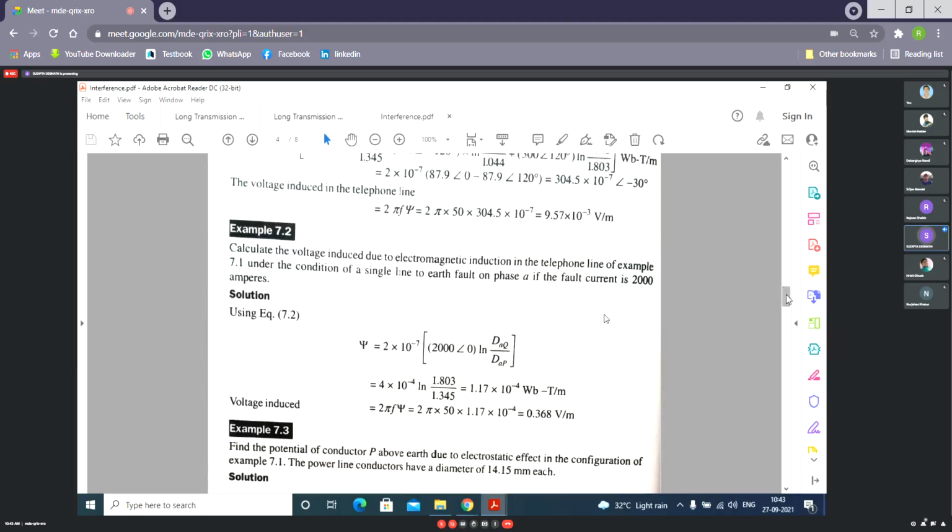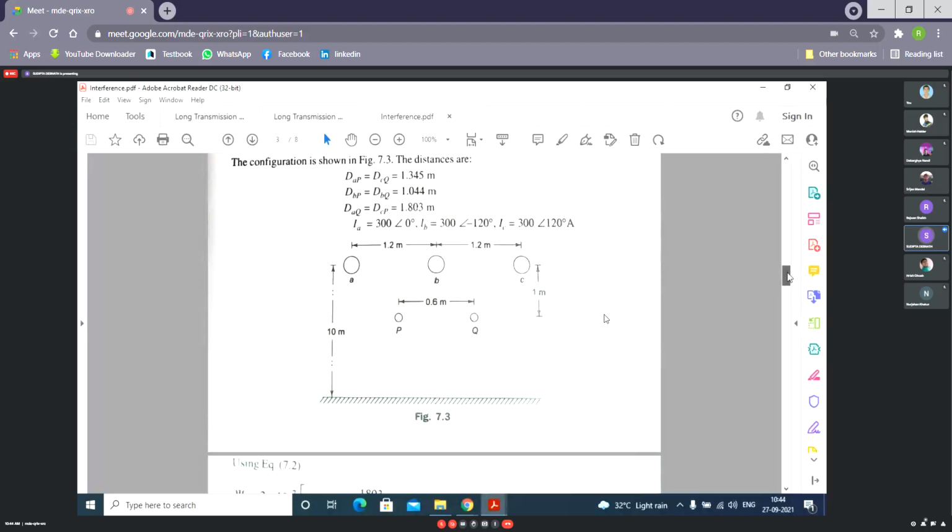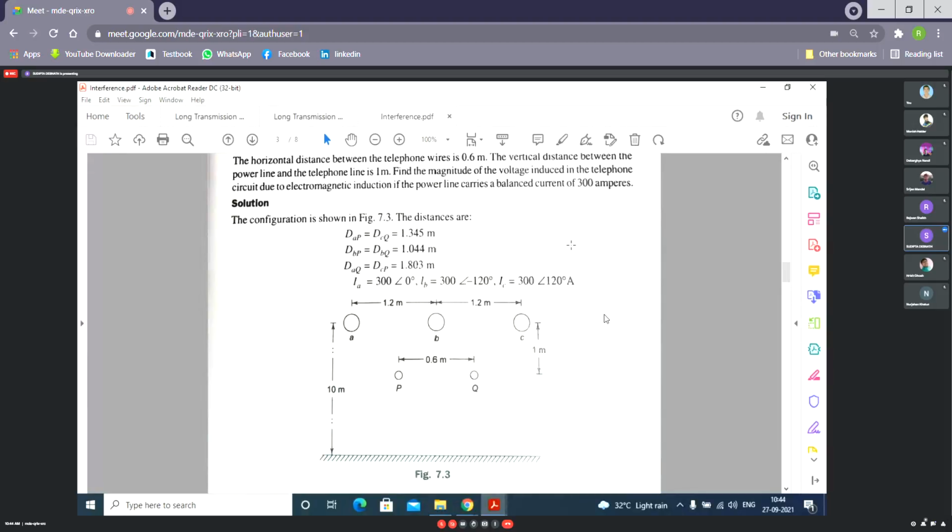Consider all the phases. This is just shown because all other phases add with vector value. It will almost be equal to this one, but if all the values, see, fault current in phase A is 2000, fault in phase B and phase C 300 under balance condition, because ground fault means all the currents will change. If all these in other phases are not given, you have to consider this one only.